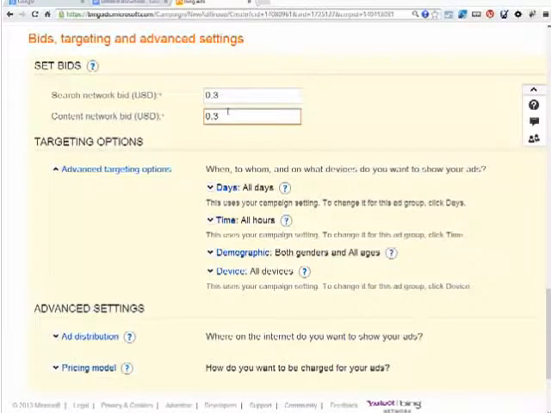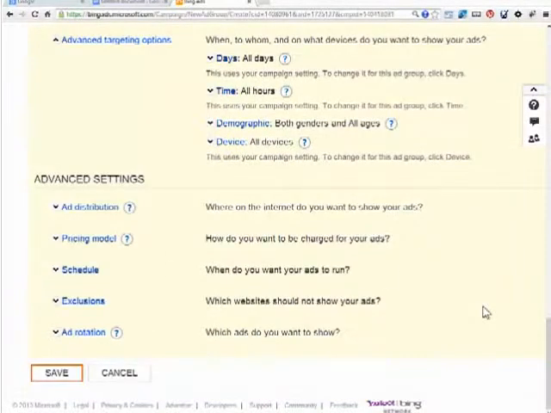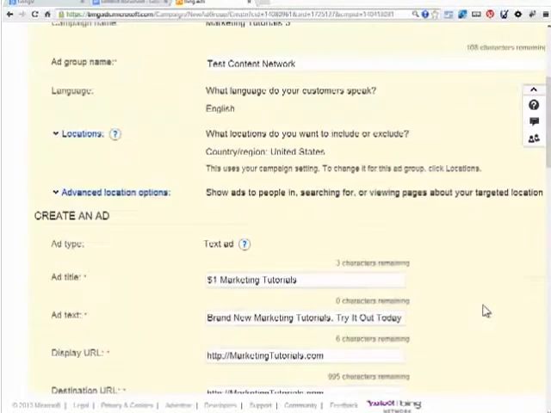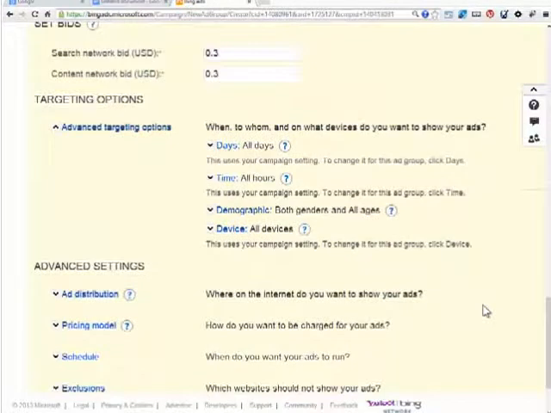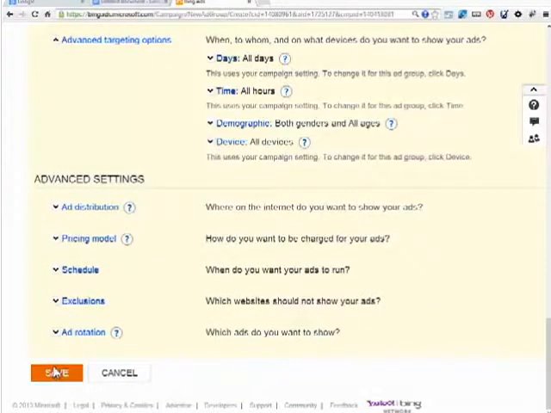It's going to ask us our search network and content network bids. None of this matters because we've already set the individual ads. That's why this portion up top doesn't matter at all, because we've already set what we're going to pay on the individual keyword. I should say we didn't. Bing did. They're the ones that selected it. We don't have to think about it at all. So these bids are just there for the sake of being there, so it doesn't really matter what is there. So we click Save